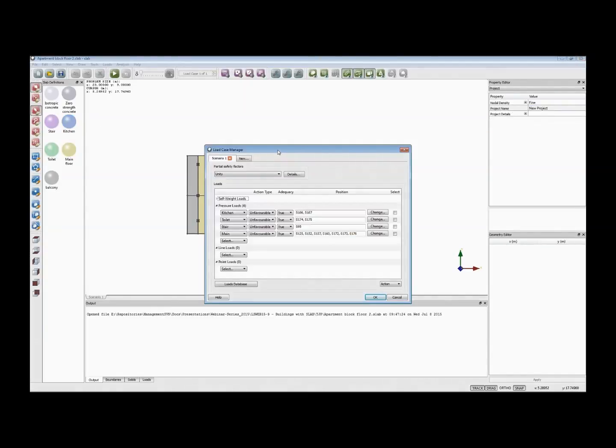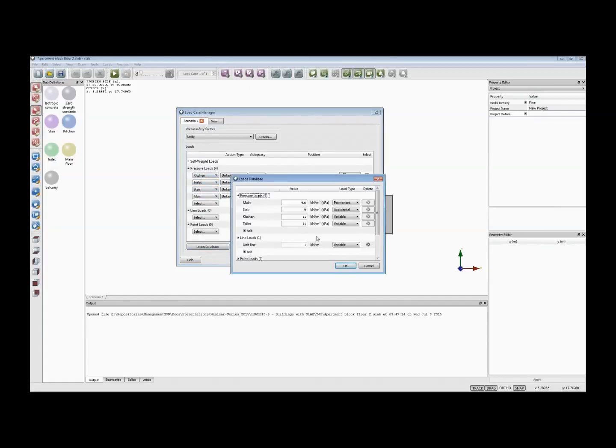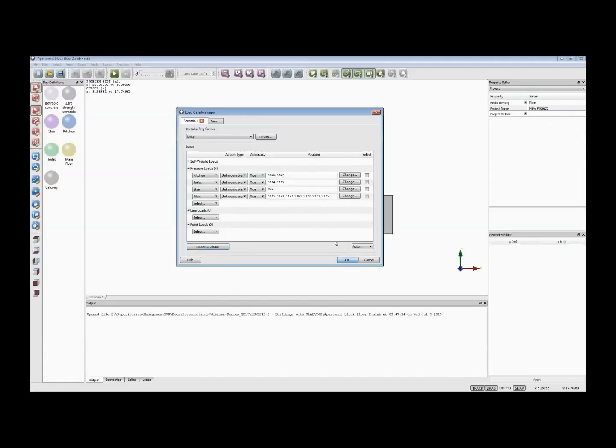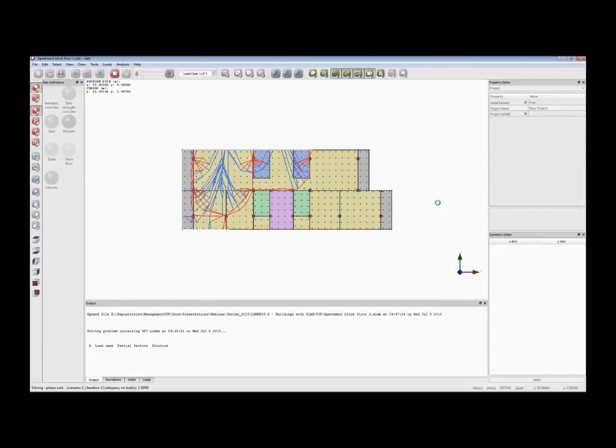And then if I look in the load case manager, you can see here that we've got all the different pressure loads applied, so kitchen, toilet, stairs and main. We look in the loads database and the values there are set as appropriate. So we go on and solve, and we can see in this case here